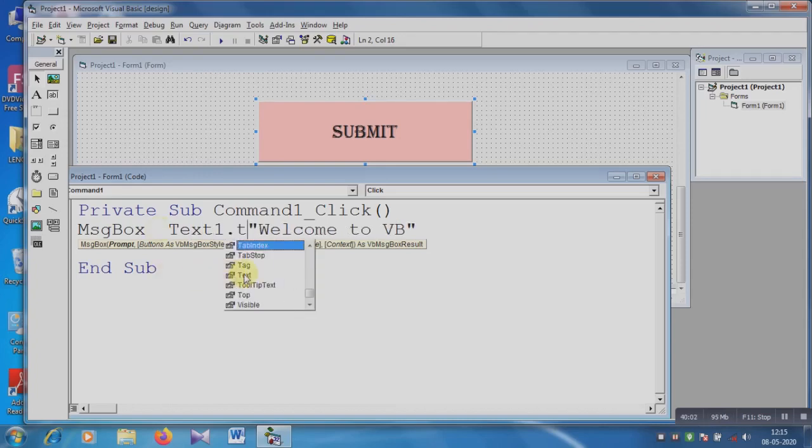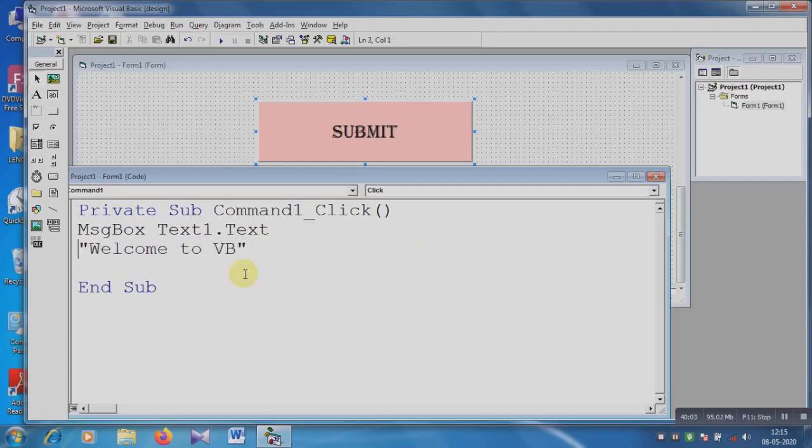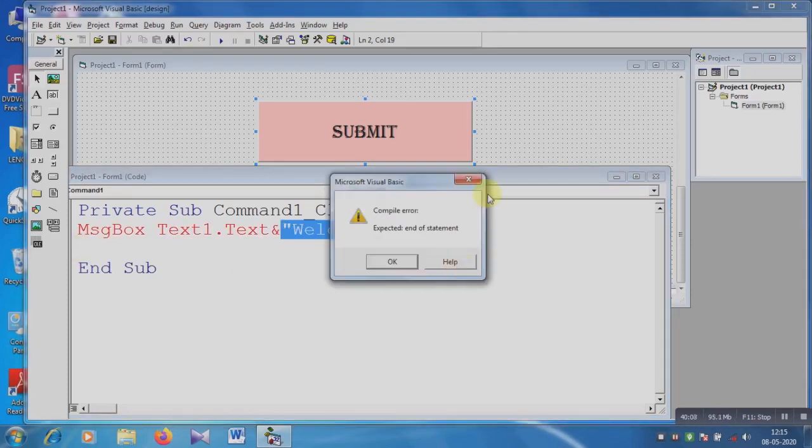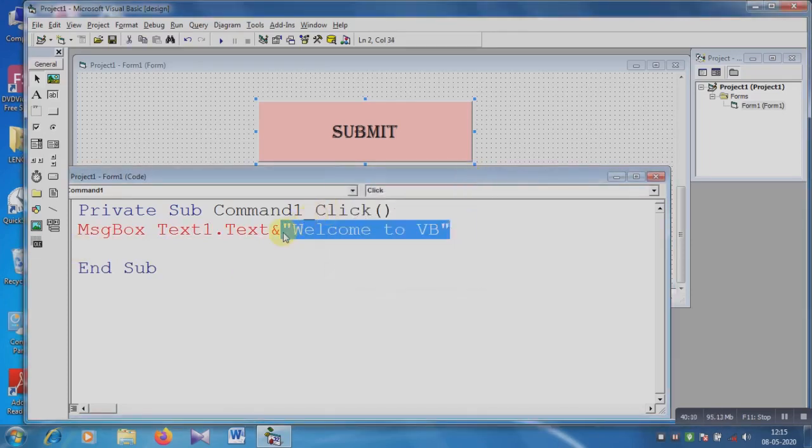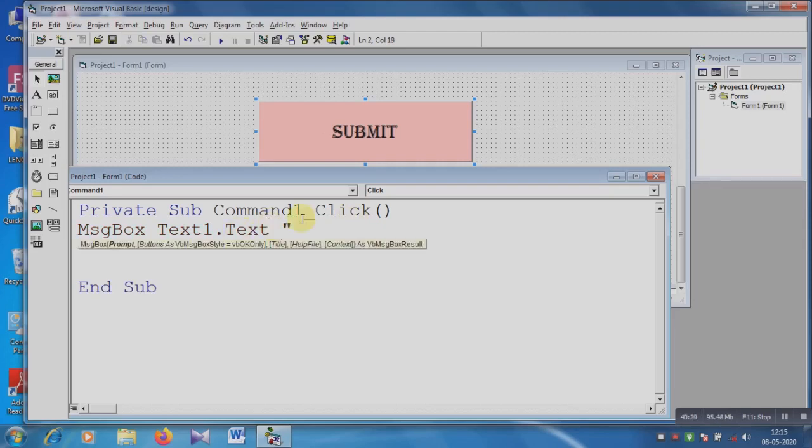So text one dot text, and then here welcome.